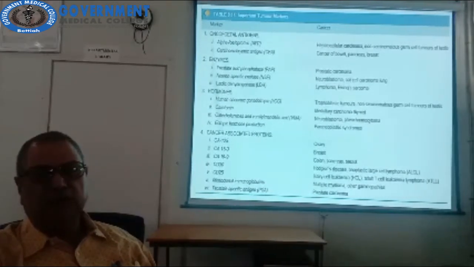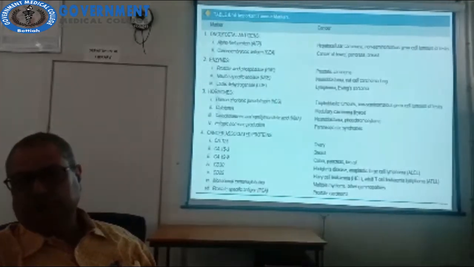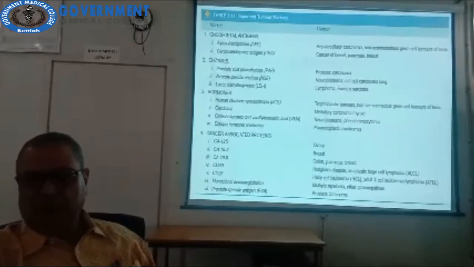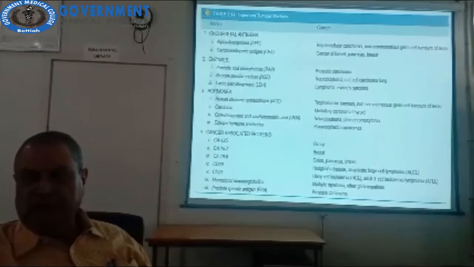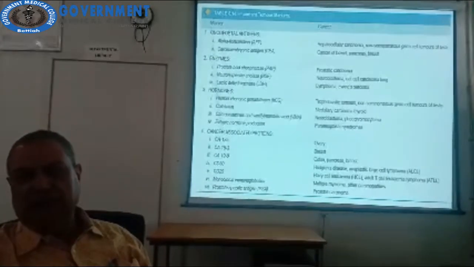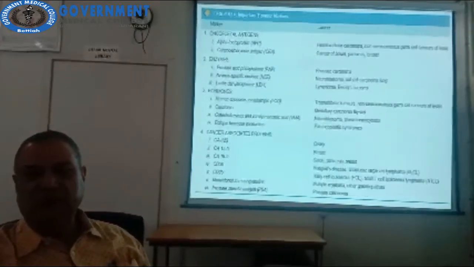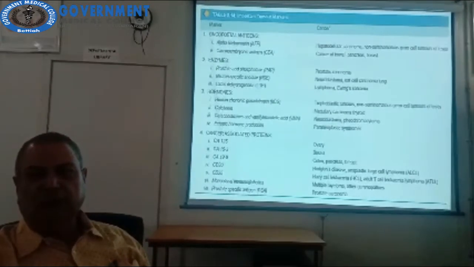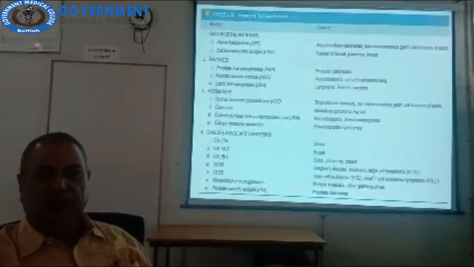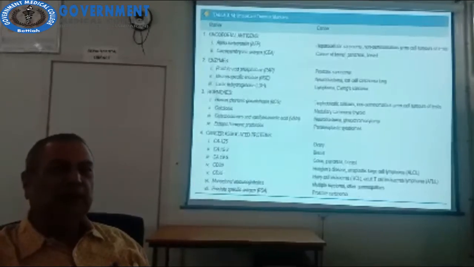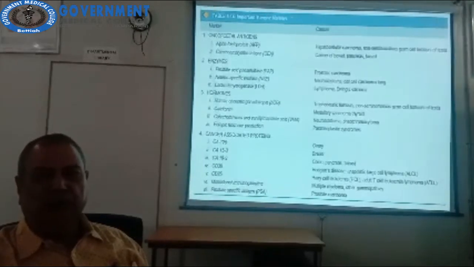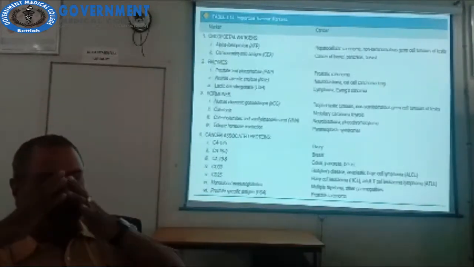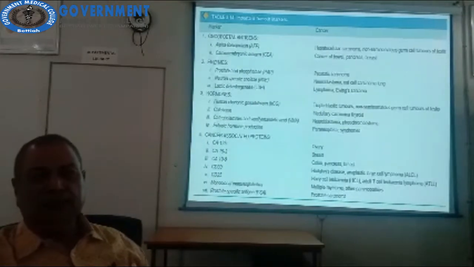Then hormones: human chorionic gonadotropin for trophoblastic tumors, then non-seminomatous germ cell tumors of the testes. Calcitonin for medullary carcinoma of the thyroid, then catecholamines or vanillylmandelic acid for neuroblastoma and pheochromocytoma. Ectopic hormone production occurs in paraneoplastic syndromes. Then cancer-associated proteins, CA125, or it is